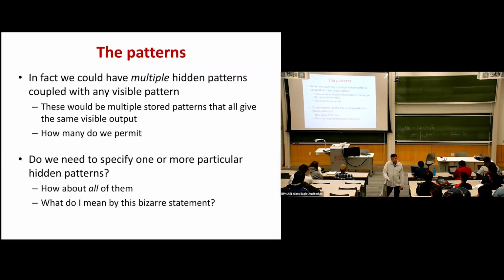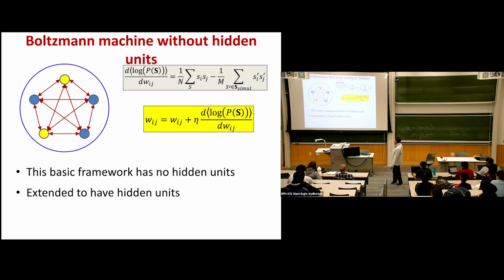And when I'm speaking of every possible way, what exactly do I mean by saying that I'm considering, when I'm expanding 10 bits to 100 bits, there are 2 raised to 90 possible ways of expanding it, right? What do I mean by saying I'm going to consider all of them? To see that,